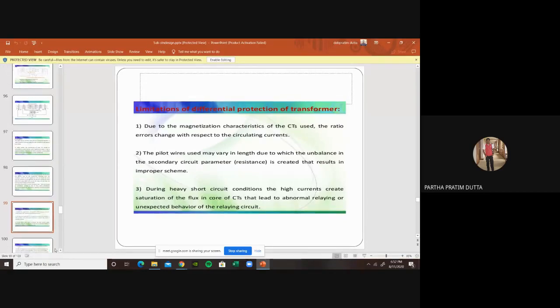In that case, it cannot actuate in the proper scheme. Heavy short circuit current may cause saturation of flux of the CT. That may give abnormal results or abnormal operation of the differential protection. Tap changing may lead to improper settings and operations, and inrush magnetizing current also creates improper operation. These 4 or 5 limitations we usually take care of in